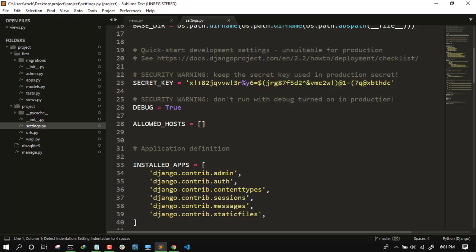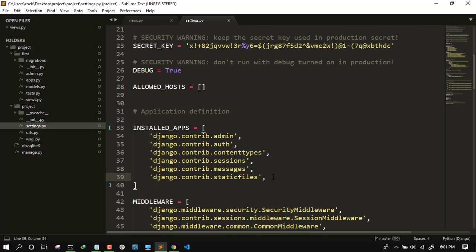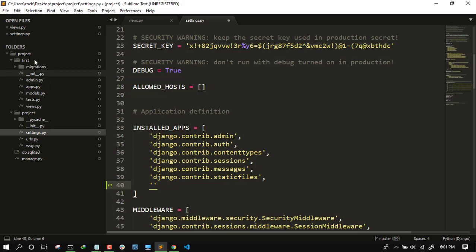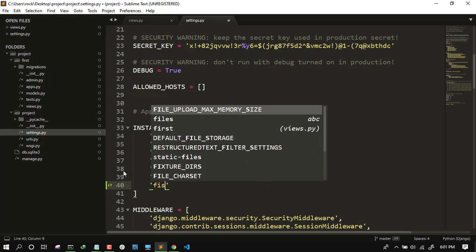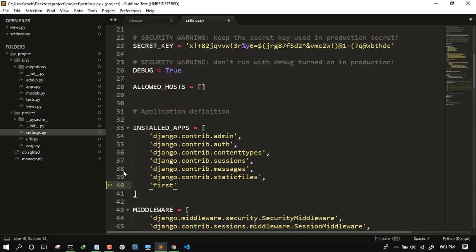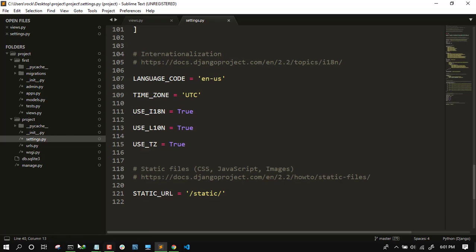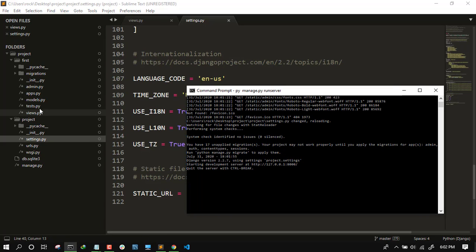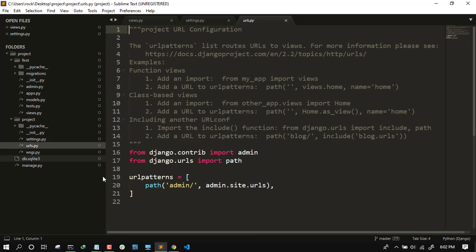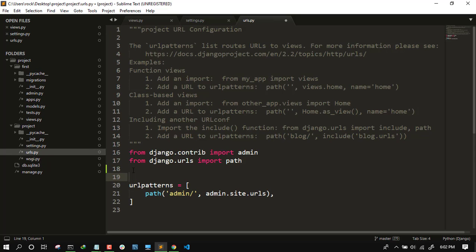So go to settings, and inside settings go to INSTALLED_APPS. Inside INSTALLED_APPS, give the same name that you have given to your app. I have given first as my application name. Now again when you run your server it is still not showing, because we have to link these views to urls.py. Inside urls.py, we have to import from first import views.